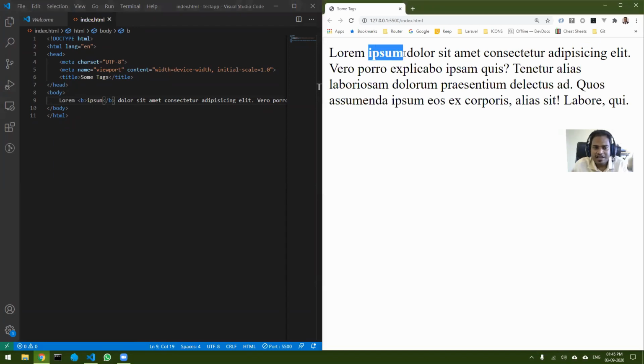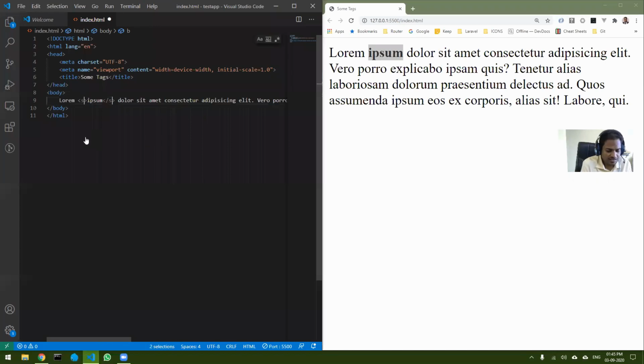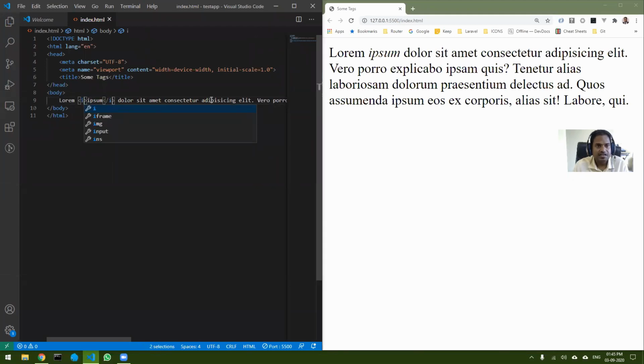Wherever that b tag is opening and closing, whatever is inside it will be bold. Similarly, another variation of this is strong, which does the same thing. Then there is italic, which creates an italic font.